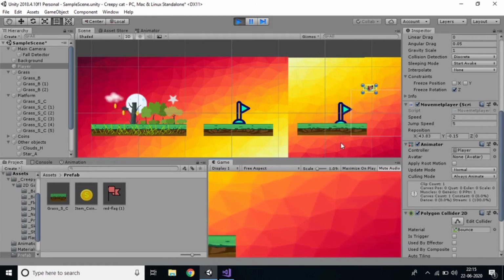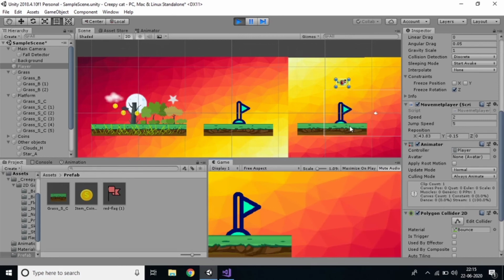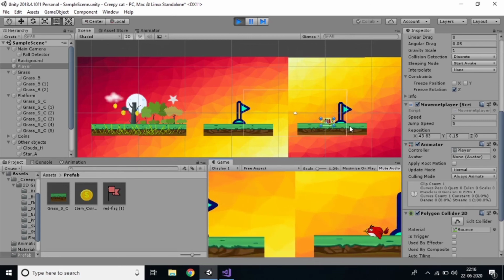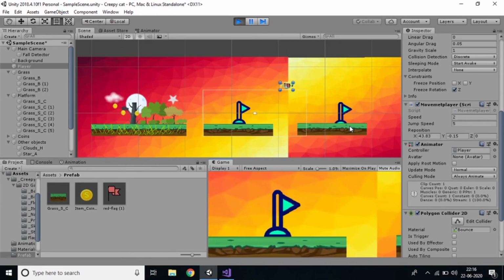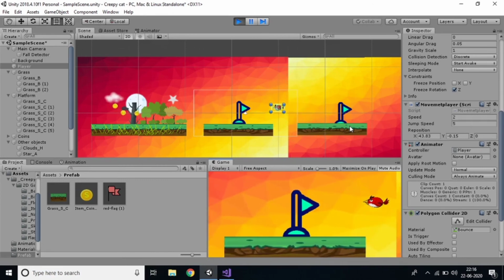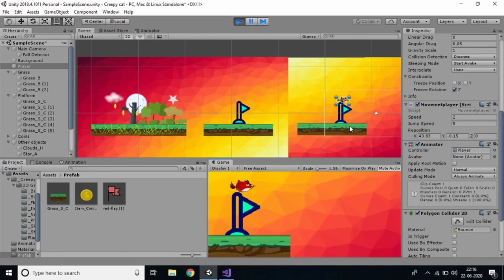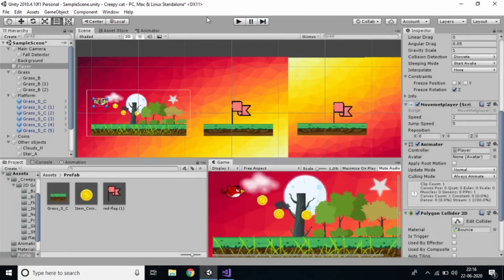So if you fall down, it comes to this position, and you can play back also. If you fall down, of course it comes to the last position only because of the updated value, you can see that. So this is the way, by adding repositioning, that we also call respawning the player. So I think it's very clear, and the gameplay is also clear. I'll come with another video. We'll work more on this game.